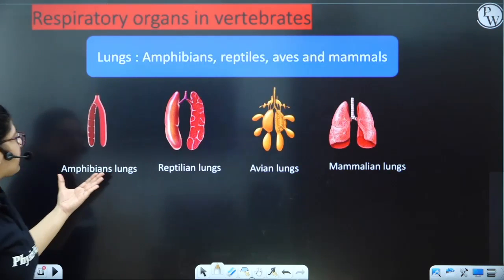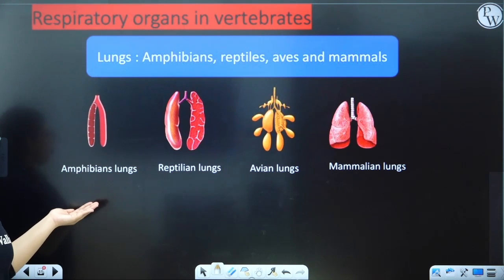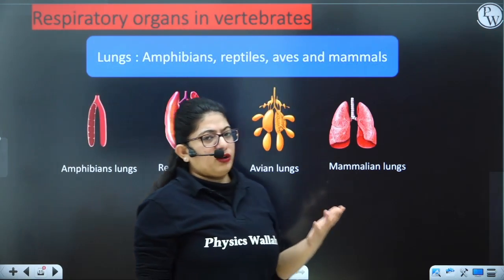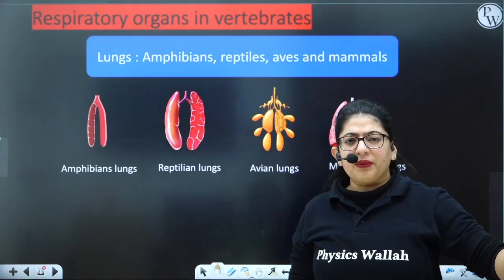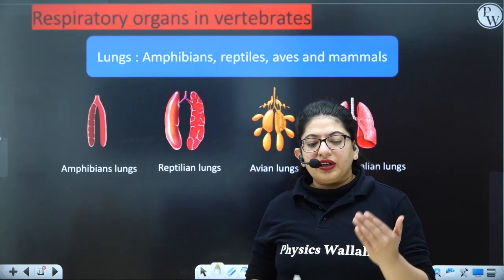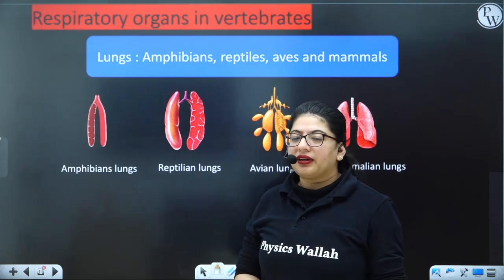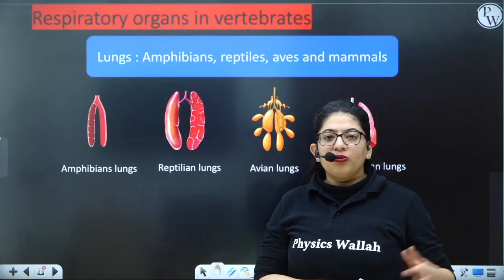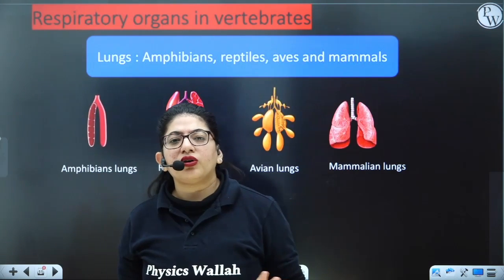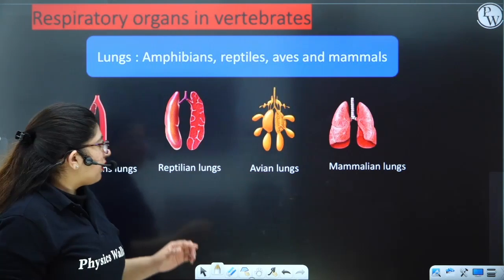Fine. So here we can see amphibian lung. So in evolution, what we see, amphibians are not a true land vertebrate, though they come on land. With respect to fishes, fishes were completely aquatic, whereas amphibians, some were aquatic and others actually come to the land, but again they are dependent upon the water for their breeding. Like frog, you can see frog moving here and there, but whenever it has to breed, it goes to the water. So these are not true land animals.